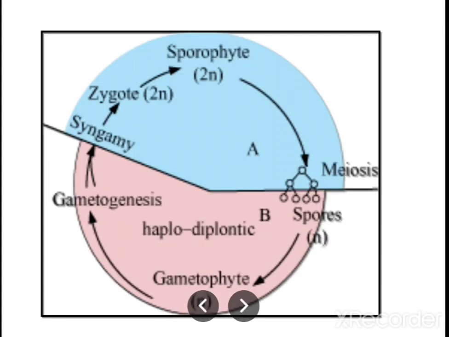So now let us see this diagram in detail. So here can you observe haplodiplontic life cycle. So both of them equally occupy the pattern, sporophyte and here gametophyte. Sporophyte is diploid and gametophyte is haploid condition. Both of them occupy mostly equal time in the life cycle. So that's why you call that as haplodiplontic life cycle pattern.